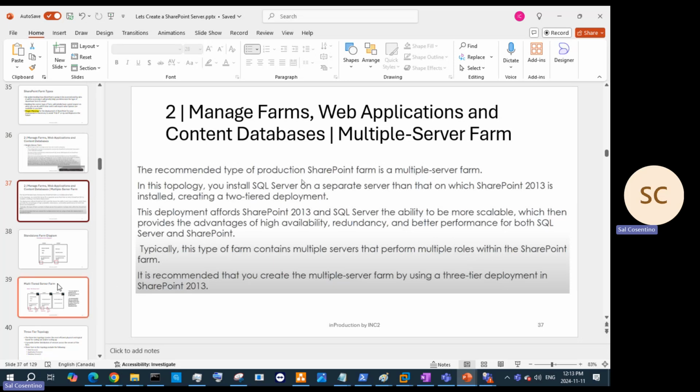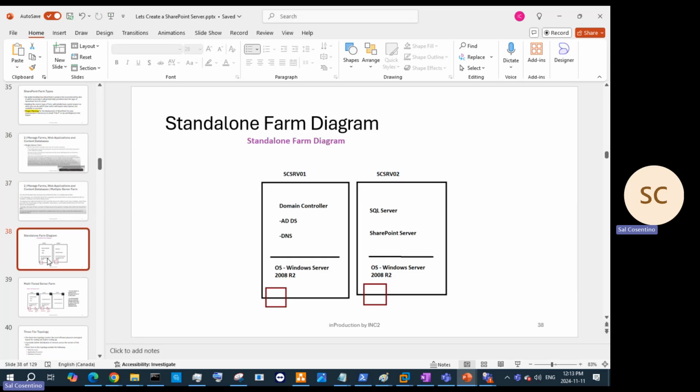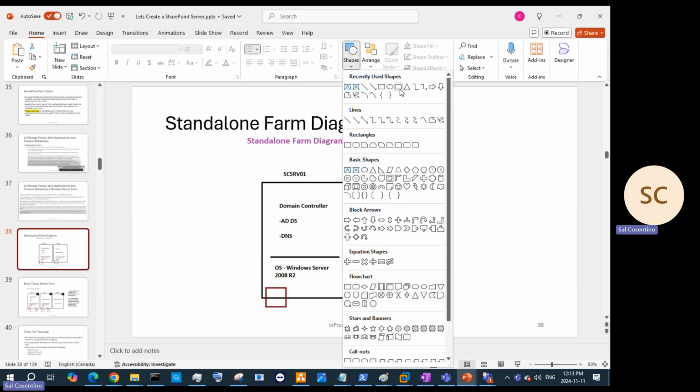It's recommended that you create the multiple server farm by using a three-tiered deployment, and I'll explain what that means in just a second. Single server farms are also known as standalone farm diagrams. So you have your server, which is what I'm going to have, and then I'm going to have my second server. My second server is going to have SharePoint Server with the same OS, obviously. And I'm going to add,